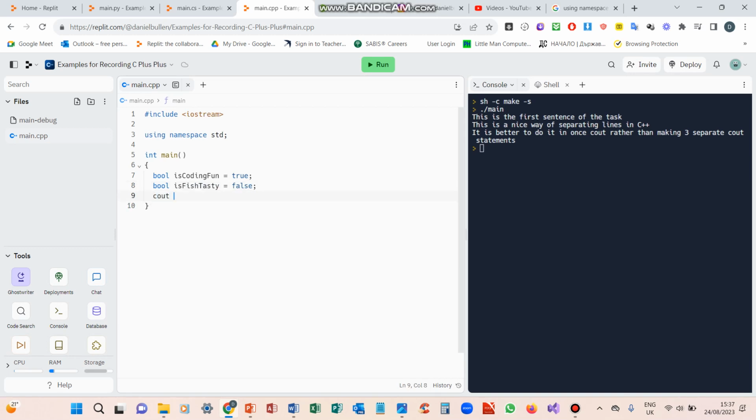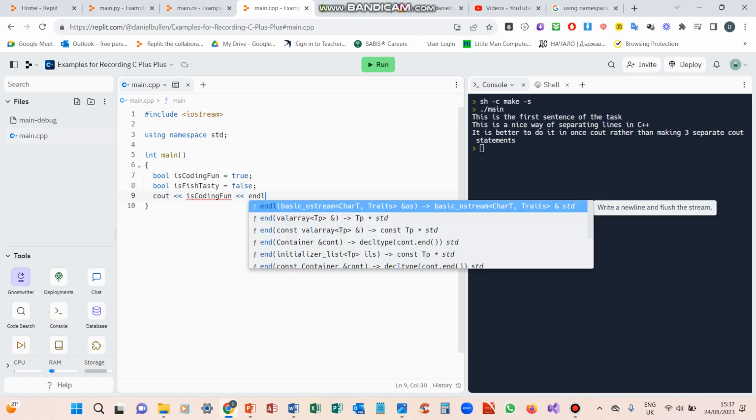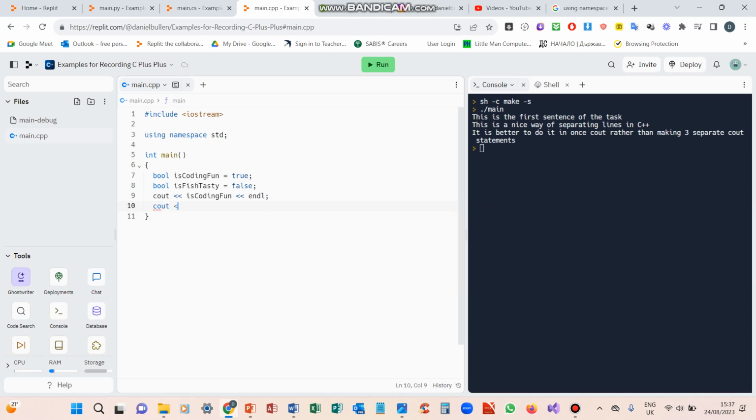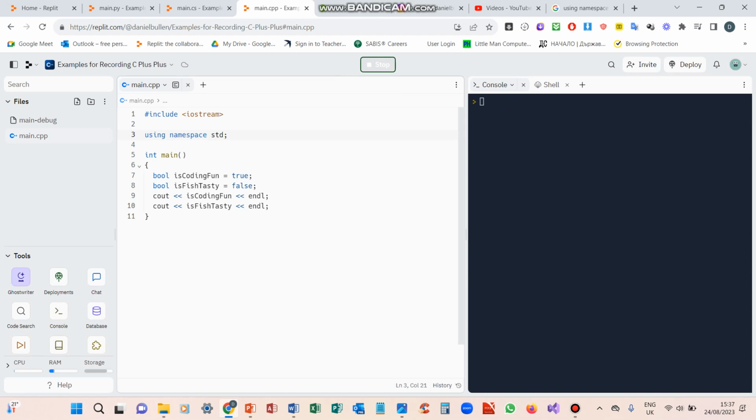And then we see out, is coding fun? I'm going to end line. And then we're going to do another see out, is fish tasty? End line. So what will happen is the first one will output true, and the second one's going to output false, which in this case, 1 is true, 0 is false. So that works in binary in C++,